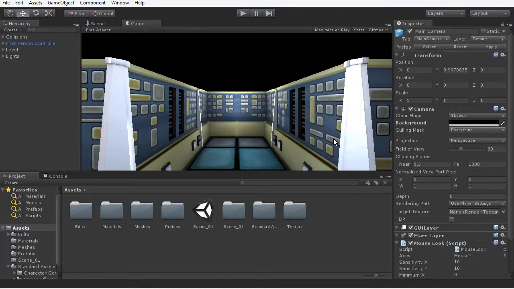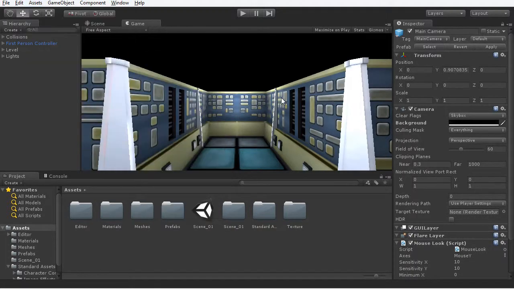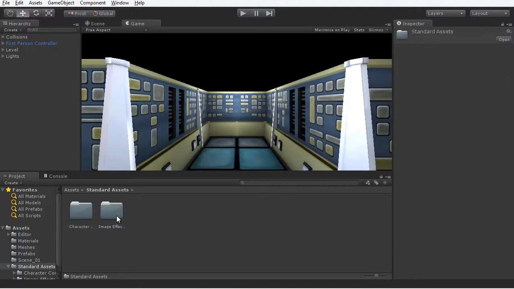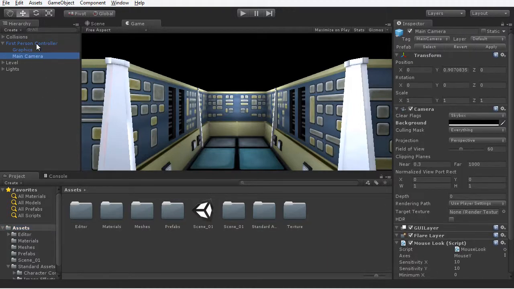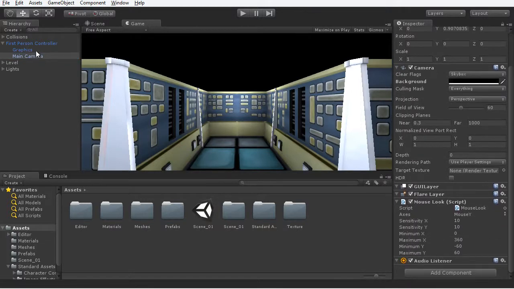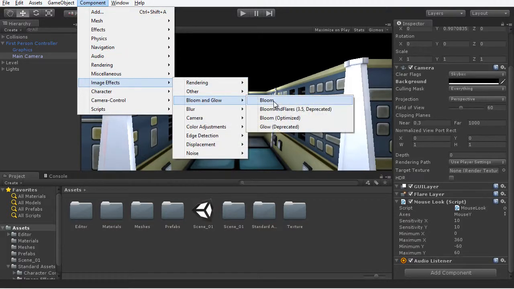But I do want to warn the free users of Unity that the image effects package is available only in the professional version. You can add it to your project by choosing Assets, Import Package and Image Effects. I've added them already and they're under the Standard Assets folder, Image Effects here, but we're not going to be accessing that folder. Instead, I'm going to be adding them as a component to the main camera under the first person controller. So to do that, I'm going to select the main camera here, and then I'm going to choose Component, Image Effects,